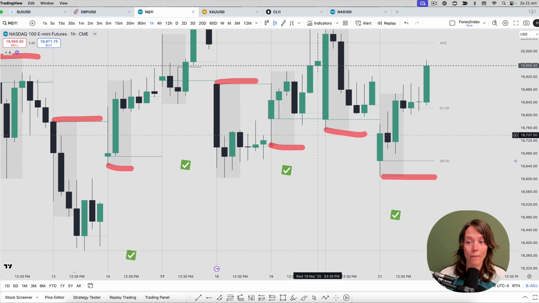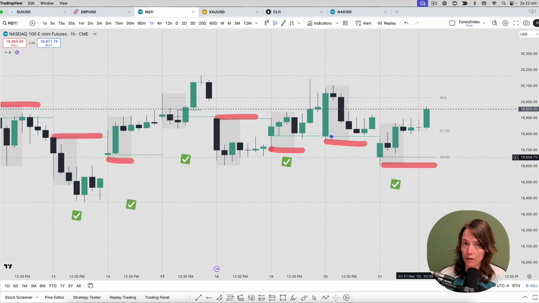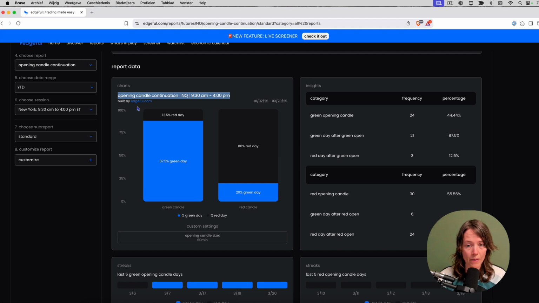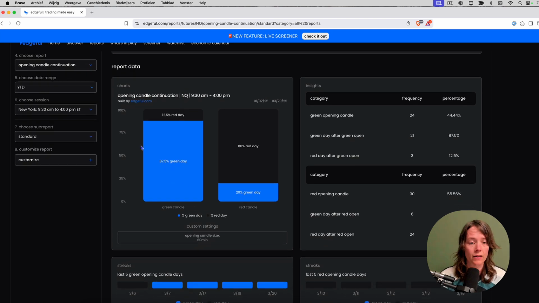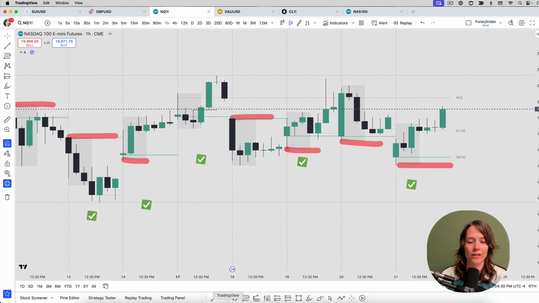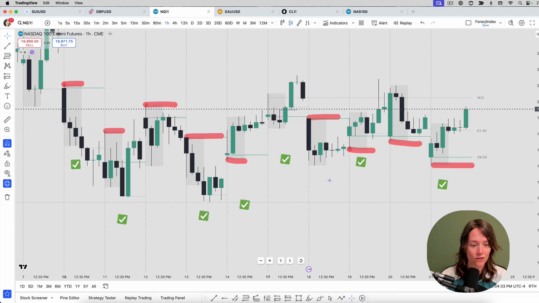Of course, this is like a small backtest, but I do believe that if you're looking for some sort of edge, this one with the report from Edgeful is definitely something worth looking at. So look at Edgeful, take a look at the link inside the description, 7-day trial. You can see if you can find some sort of edge inside of this tool that you can make work for you and find your model. So I loved doing this, and I think this is a really, really nice algorithmic golden nugget.